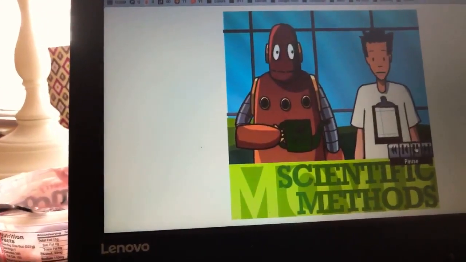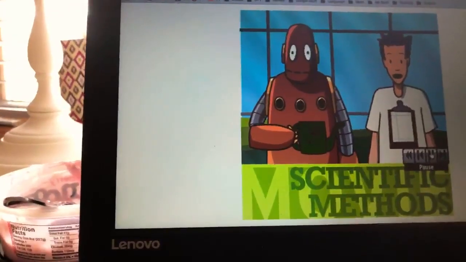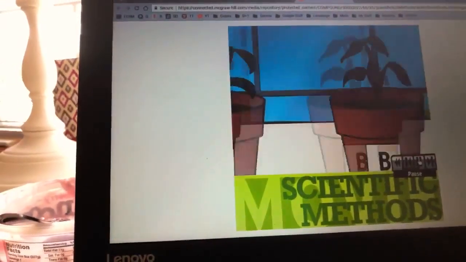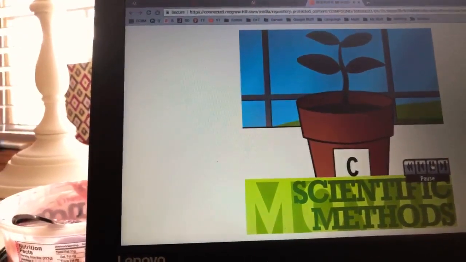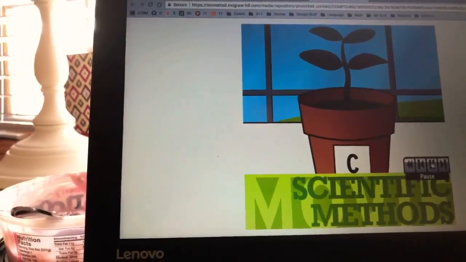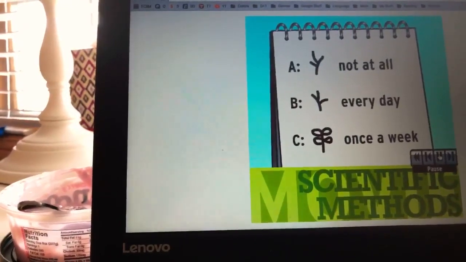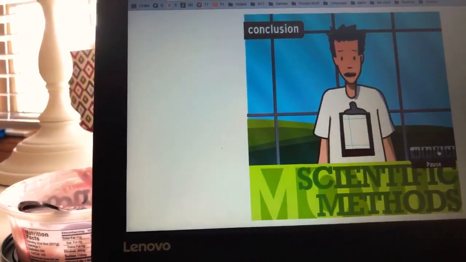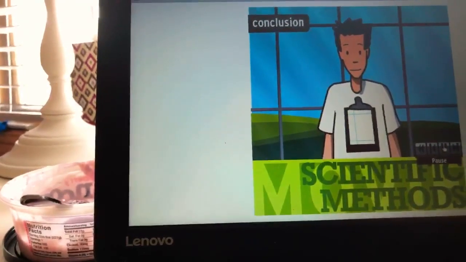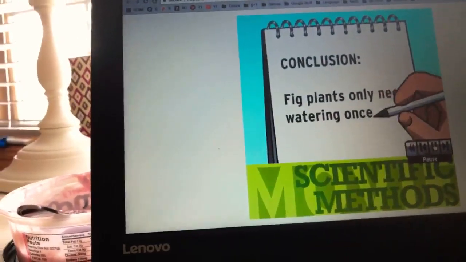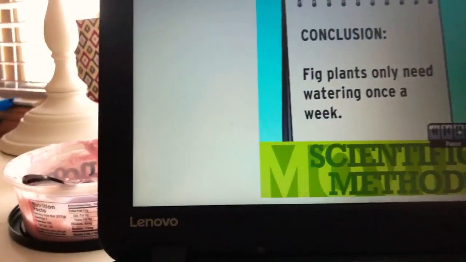Well, you know, it's been a month and I'm still wearing the same shirt. Let's record some new observations. Plant A doesn't look too good. B doesn't look so hot either. Whoa there, plant C is doing all right. Time to analyze our data. Based on this experiment and our observations, it looks like the fig plant did best when it was only watered once a week. From that, we can conclude that fig plants grow best when they're watered once a week. Now we get to tell other people about our results and spread the word that fig plants only need watering once a week. Well, yeah, to be really sure, we should repeat this experiment several times, just to rule out accidents and variables that we may have forgotten to consider. Then But you get the that's point. it. Using scientific methods can help you.